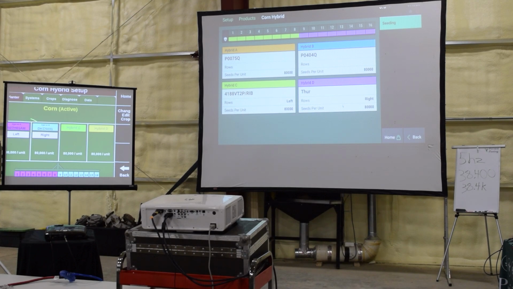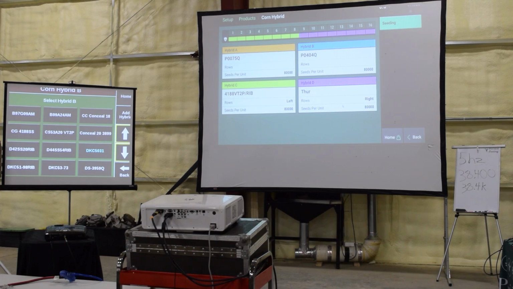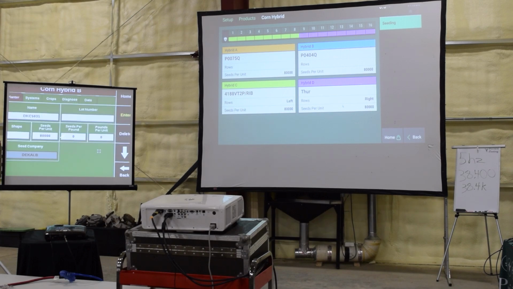On the Gen 2 and Gen 1s, very similar process. Now the software, last known software on the Gen 1 was in 17, so the pick list in the 17 has not been updated, so more likely your hybrids that you're planting are not in there. If you are using FieldView, you can add the hybrid name through FieldView. It will pull it across into here, but understand though that when you go into there, your seeds per unit